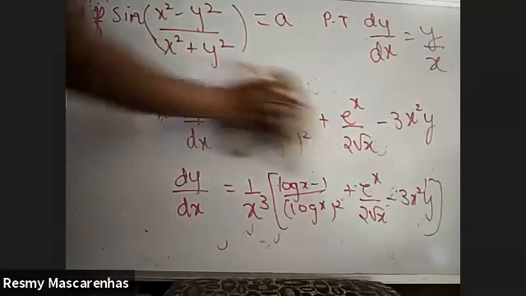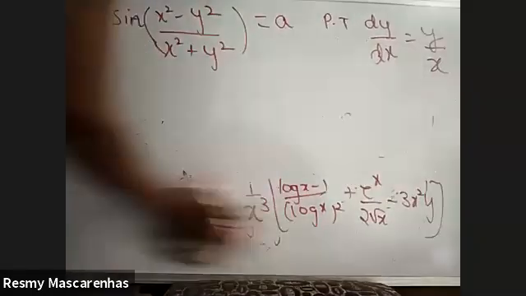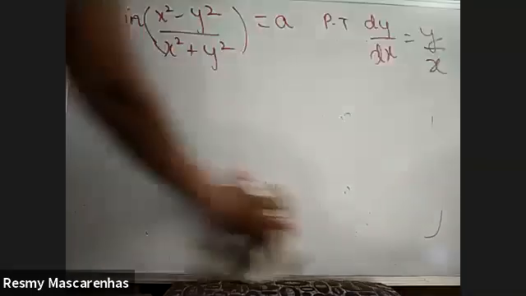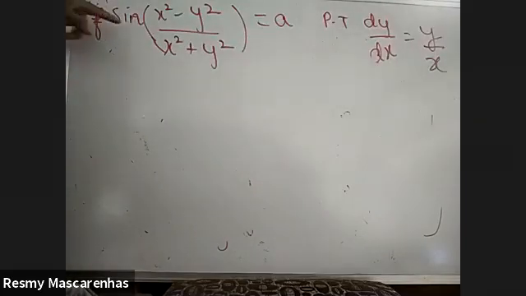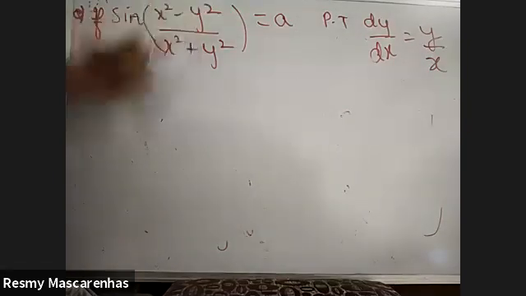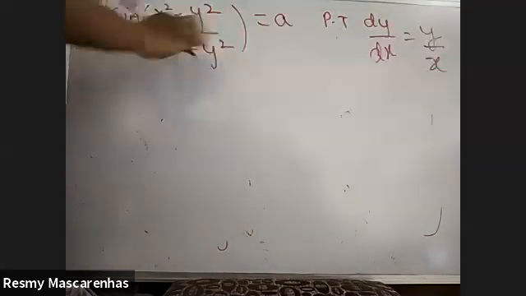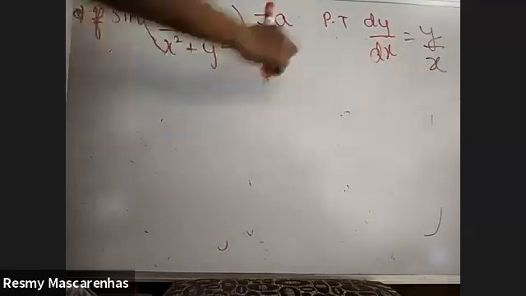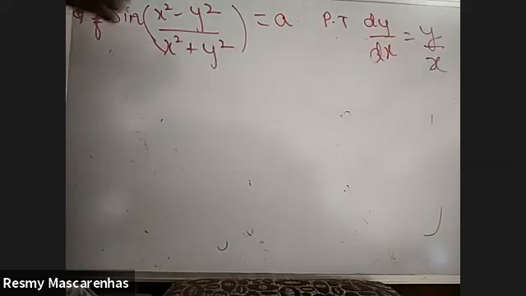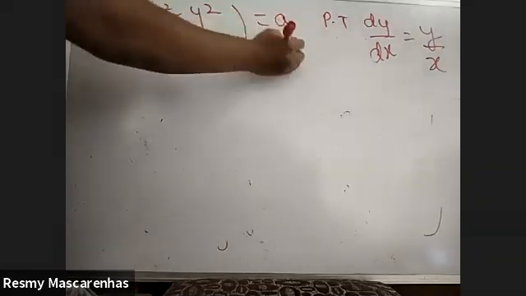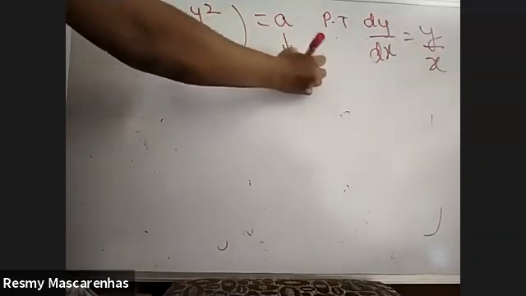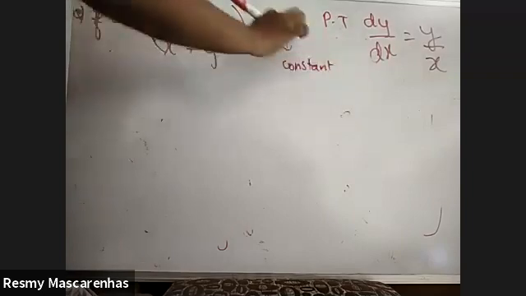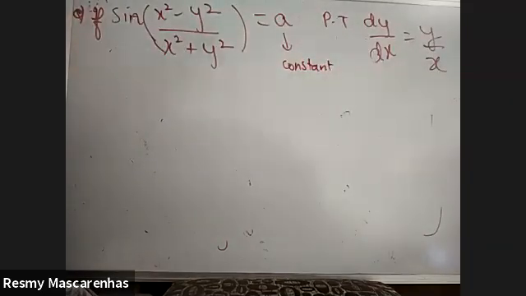In such problems, if you directly go to differentiate, what will happen? Sine of something will again give cos of something. Then it will become very complicated, like cos of this into the extra derivative of this. So whenever you notice this type, if there's a single number or any constant here, finally a is what? A constant, so it is like a number. If you take the derivative directly, it will become 0.